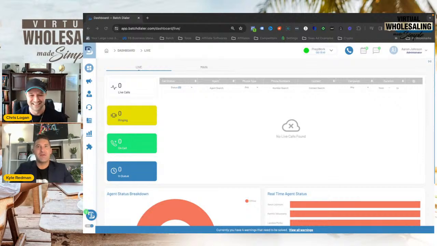Beautiful, beautiful. So like I was saying, simplifying the process is key. We want to make sure you save time when you're making calls, because that's going to increase your output. One thing that is very unique to our dialer, and a lot of people don't know this, we're going to deep dive into it, is